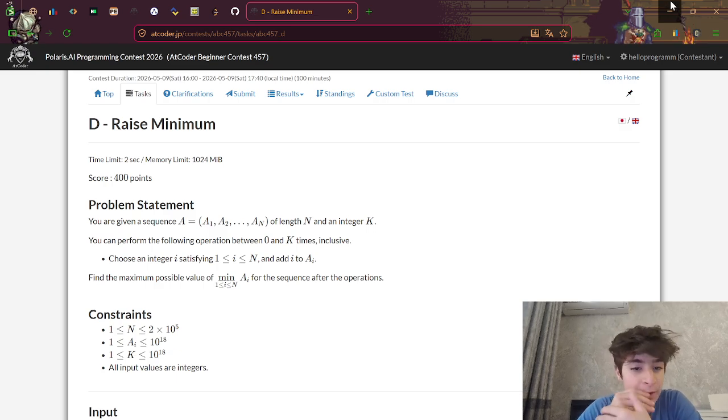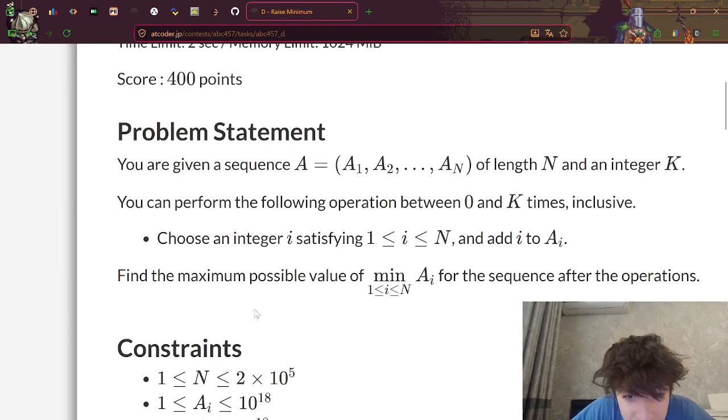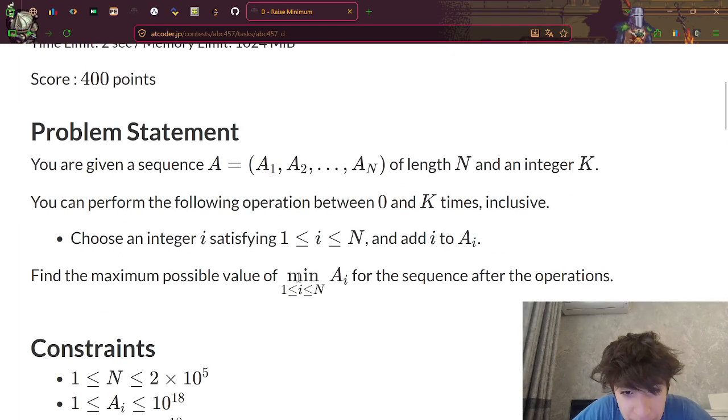You can perform the following operation between 0 and k times inclusive: choose an integer y satisfying the constraint and add y to A_e. Find the maximum possible value of the minimum of A for the sequence.